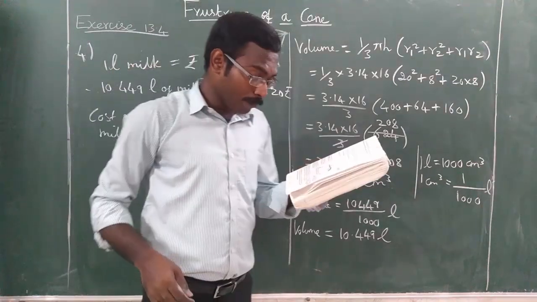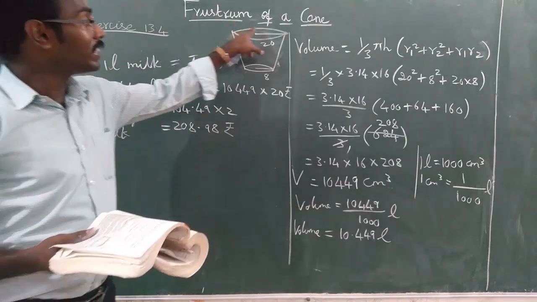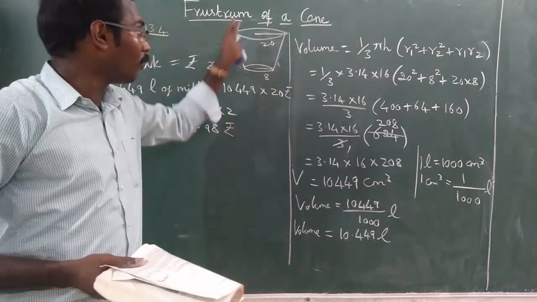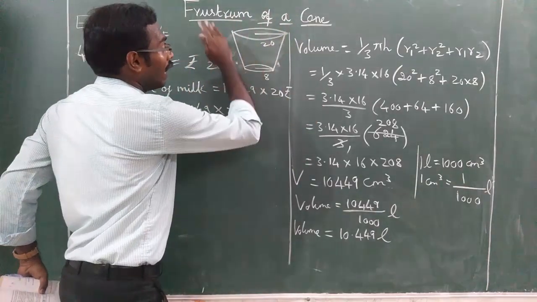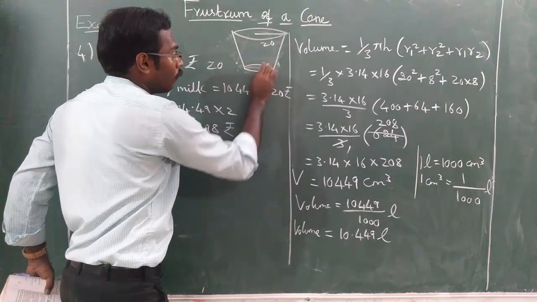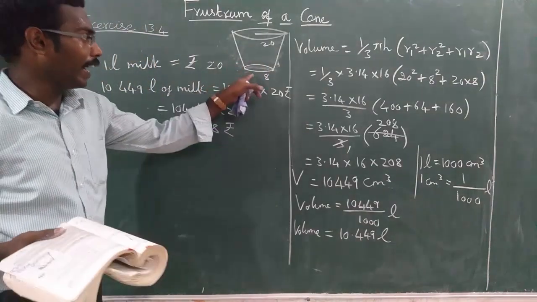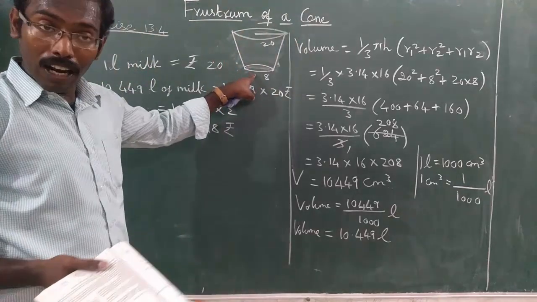Which end is open? The container is opened from the top. Okay. So this is open. Therefore, open end area is not considered. This is open means it is not covered with a metal sheet. Only you have to find the curved surface area of the frustum and the bottom. Bottom means this small surface, small circle. Okay. Understood or not? The curved surface area and the smaller circle area.